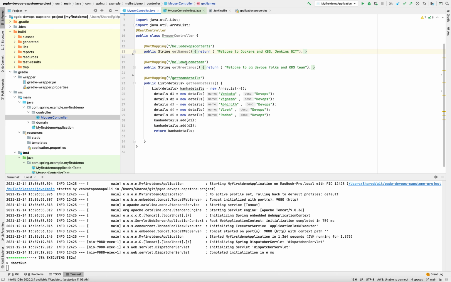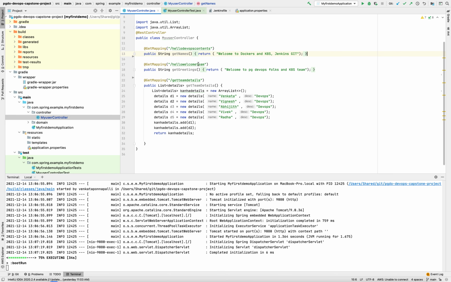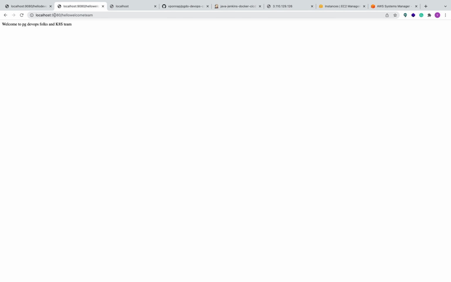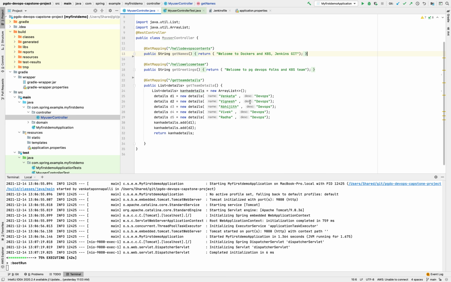The second controller is hello welcome team. Let's do that, localhost 9080, and we are getting the same response here. Good. And here we have to get Venkata and Vignesh because we are adding two objects here. Get team details. Now see, we got Venkata and Vignesh. So locally it is working fine.